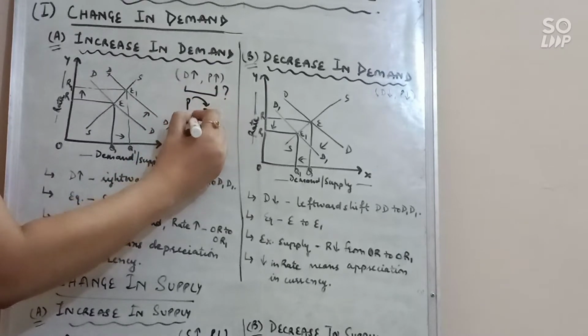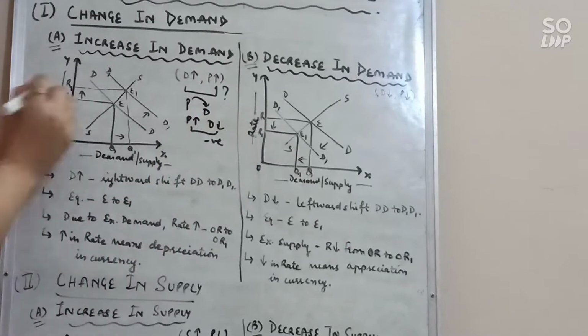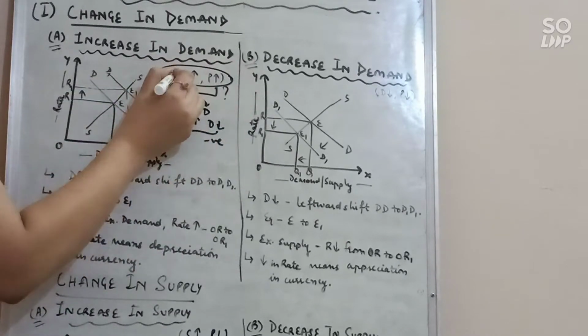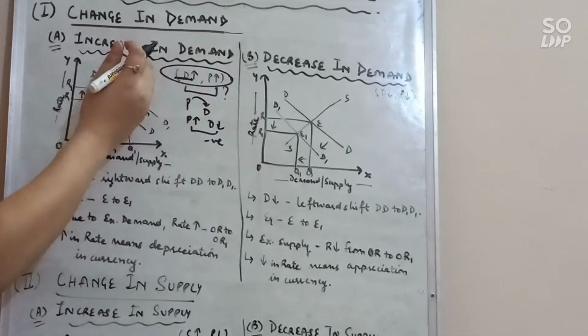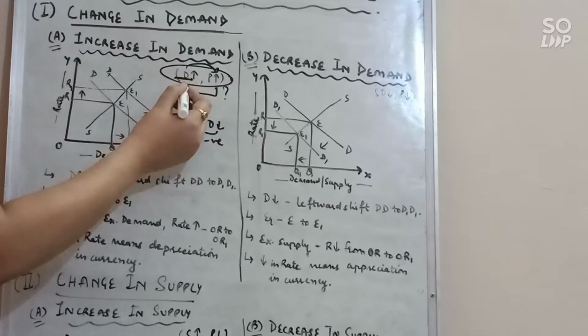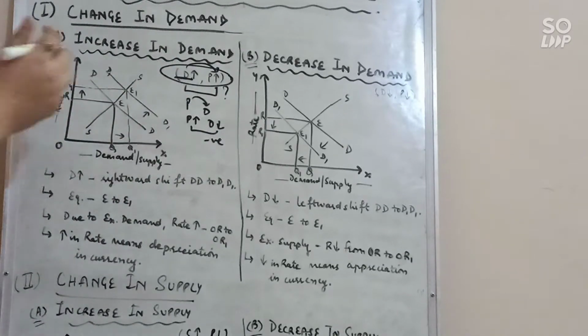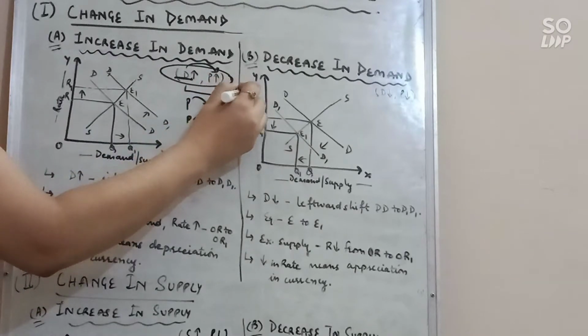Demand. It means if price will increase, demand will decrease. So there is a negative relation. But here we are doing if demand will increase. So first we are checking the effect of demand on the price. If demand will increase, to control the demand, price will also increase. So that's why it shows a positive relation.